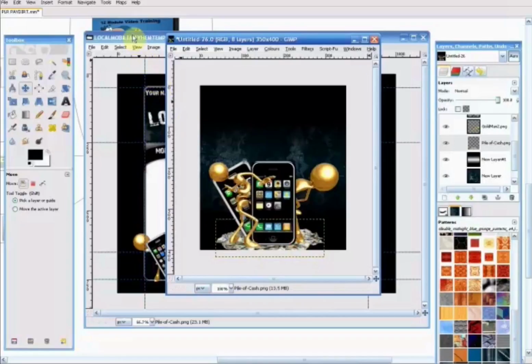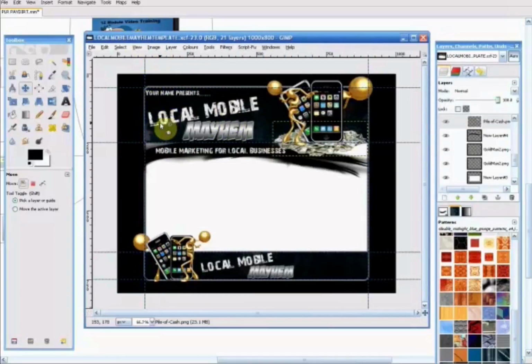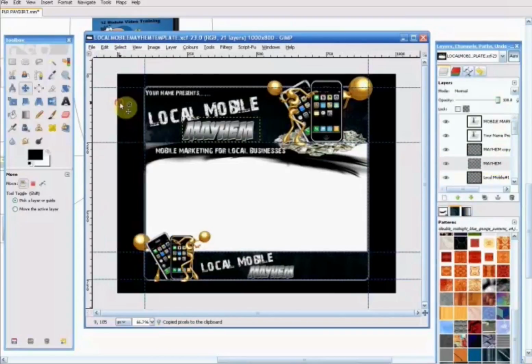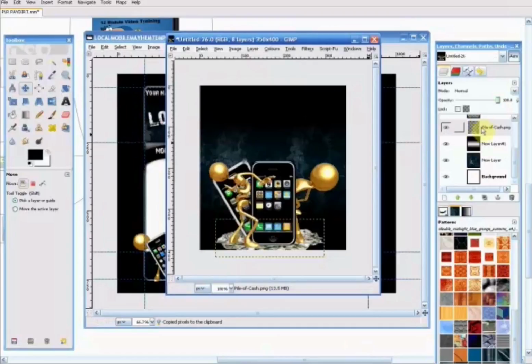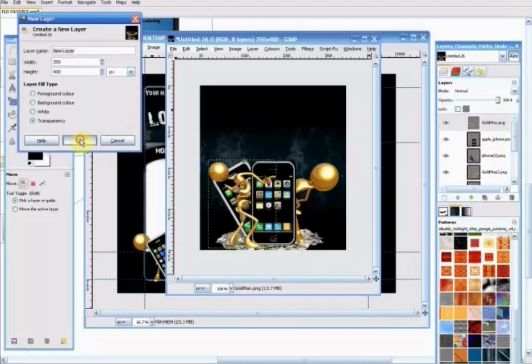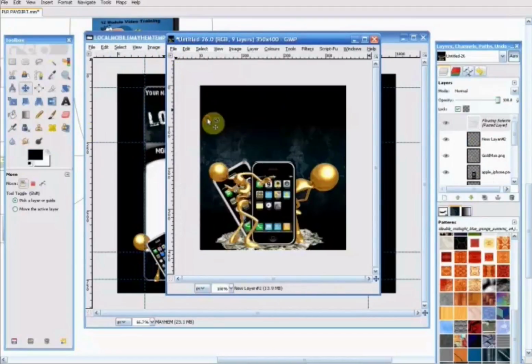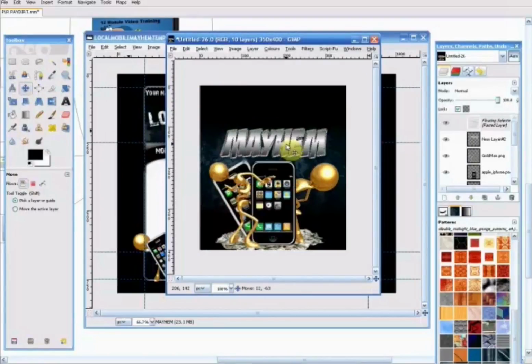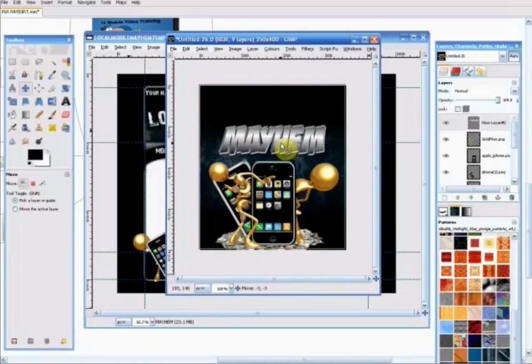Okay, the next thing we want to do is we actually want to add our headlines here. So in this case, what we'll do is we will actually copy that. So if we go edit, copy, and then go back to our graphic and create a new layer and go edit, paste, there we go. And if we just move that into position there, like that,